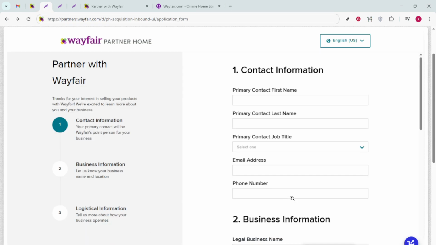Next, let's talk about the application form itself. The first section requires you to fill out your primary contact information. This is crucial because these details will serve as Wayfair's first point of contact with you. Be thorough and make sure the information is up to date. You'll need to enter your name, email address, and phone number. Keep in mind that the accuracy of this step ensures you receive all the necessary communications from Wayfair regarding your